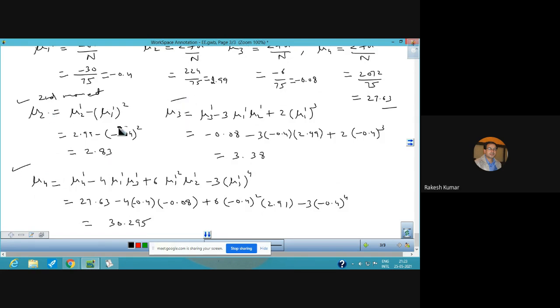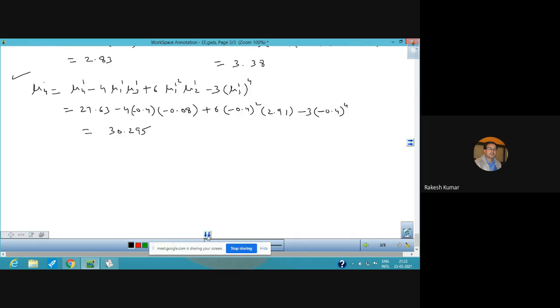Second moment, third moment, fourth moment is there. So we have been able to calculate the values of the moments, second moment, third moment, and fourth moment. Now you can calculate coefficient of kurtosis also and coefficient of skewness also. And the formula for calculating coefficient of skewness, you can take it as a simple second part of the question. Coefficient of skewness about moments.